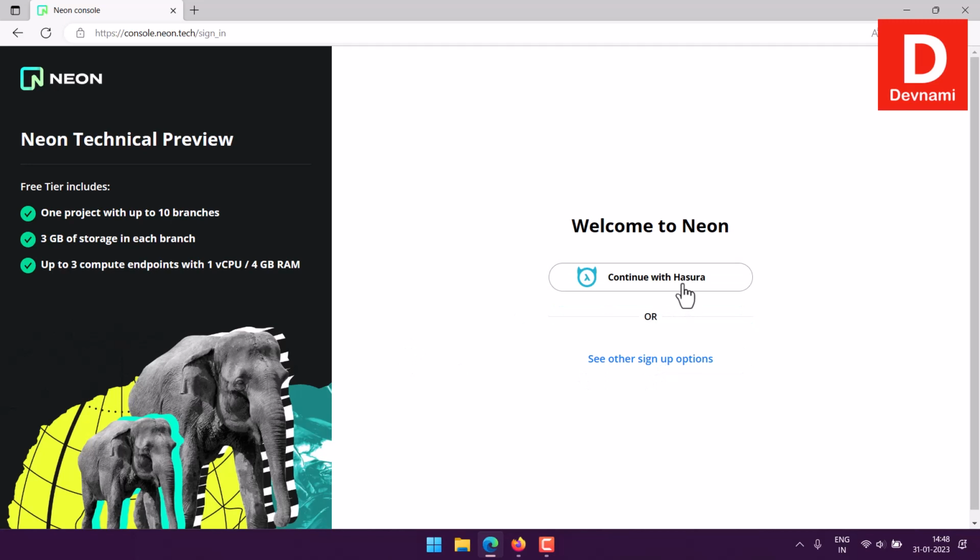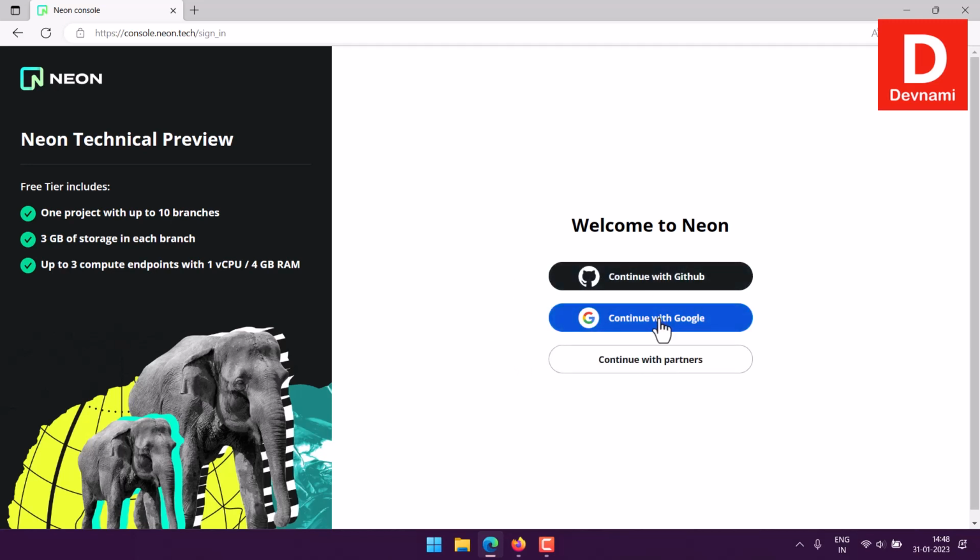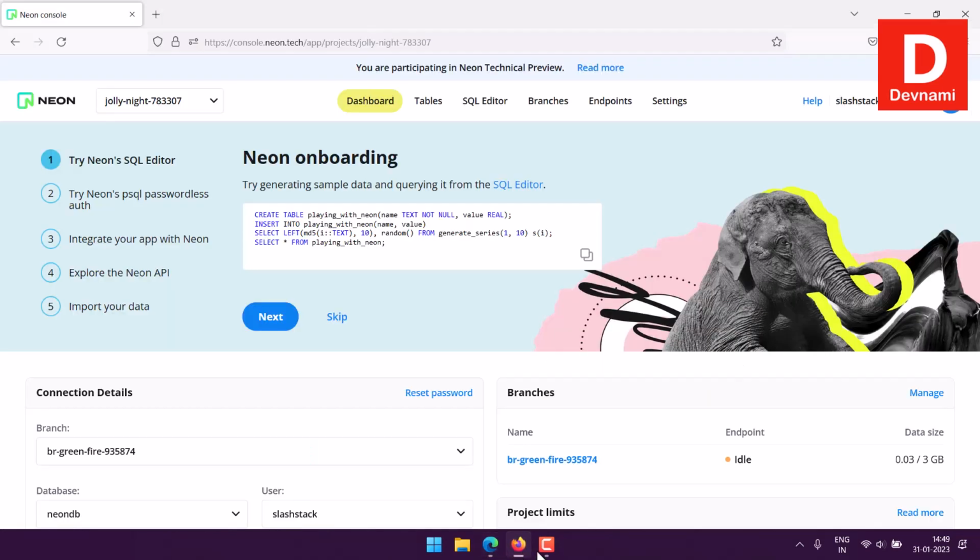So when you sign up to Hasura, you will get the option to connect with Neon, where you get a free option to use 3 GB worth of data and a few specific endpoints, like 3, according to your particular allocation of RAM. So there are other options as well: GitHub, Gmail, and Hasura. So once you sign up, you will find a dashboard that looks